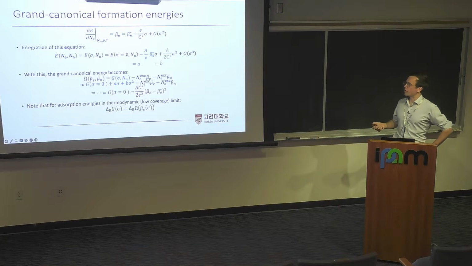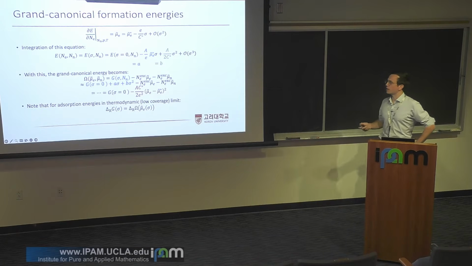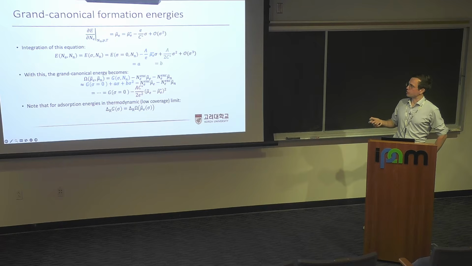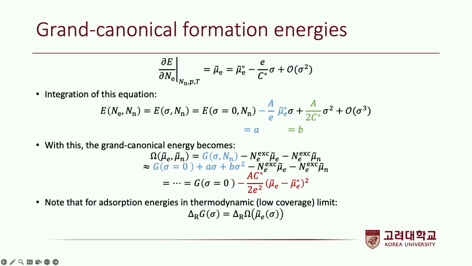We can also then formulate simple models for the energies. So for example, we can look into the change of the energy with the number of electrons. This is actually the electrochemical potential, which we expressed as a Taylor expansion before. And then we can integrate this. Then we get a quadratic equation of the surface charge density. I put these remaining terms here. And that means that when we use a constant capacitance model, we would expect a parabolic dependence of the energy